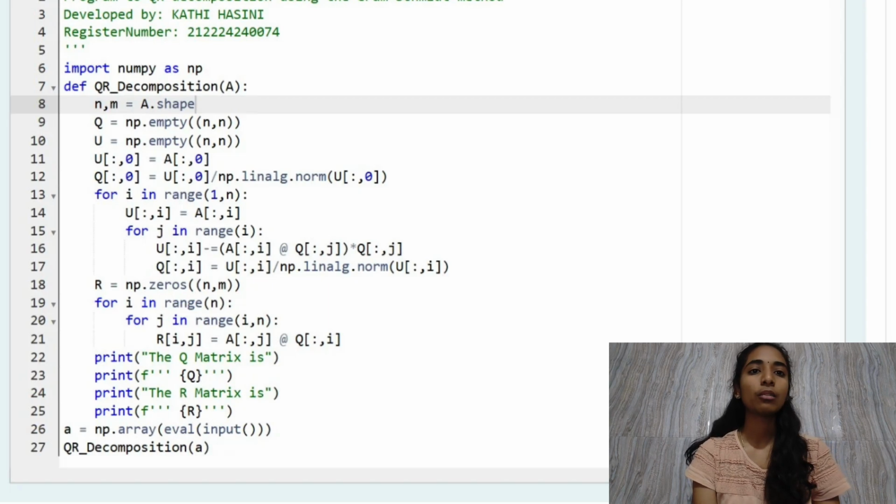Print the matrices Q and R. The code takes matrix input from the user and calls the function to perform the QR decomposition. This is the Python code to implement the QR decomposition, and we can see the